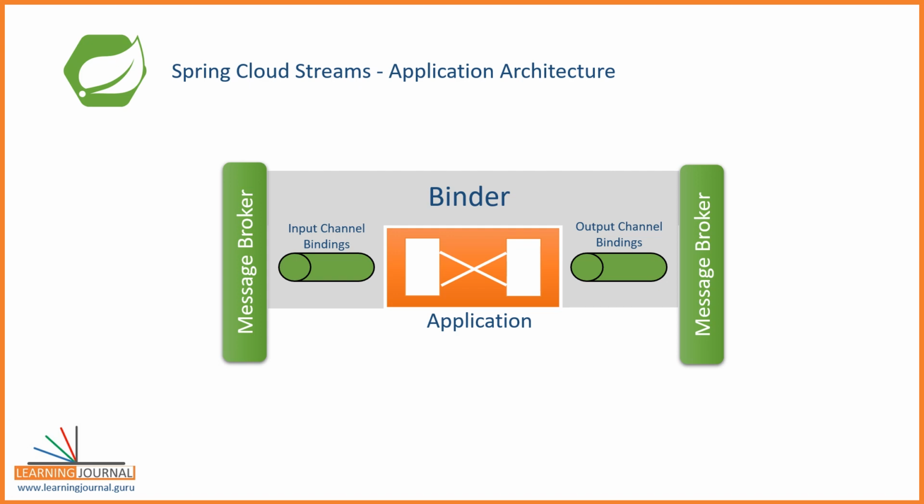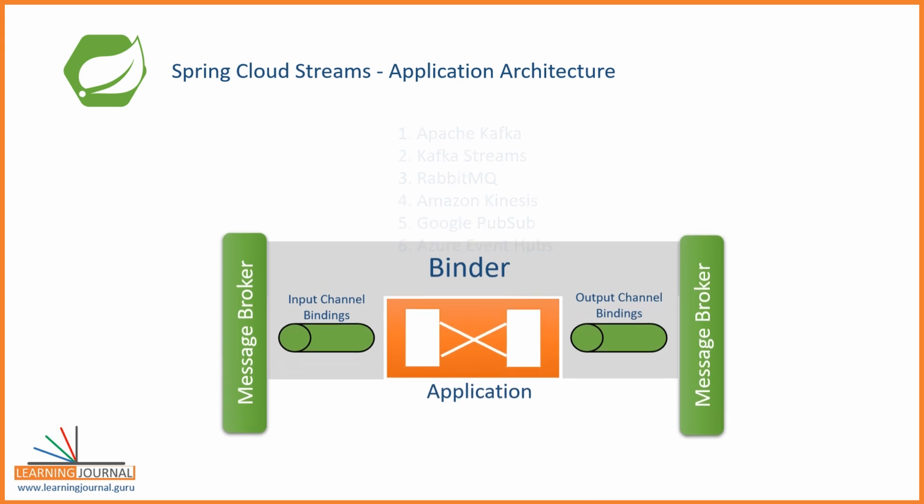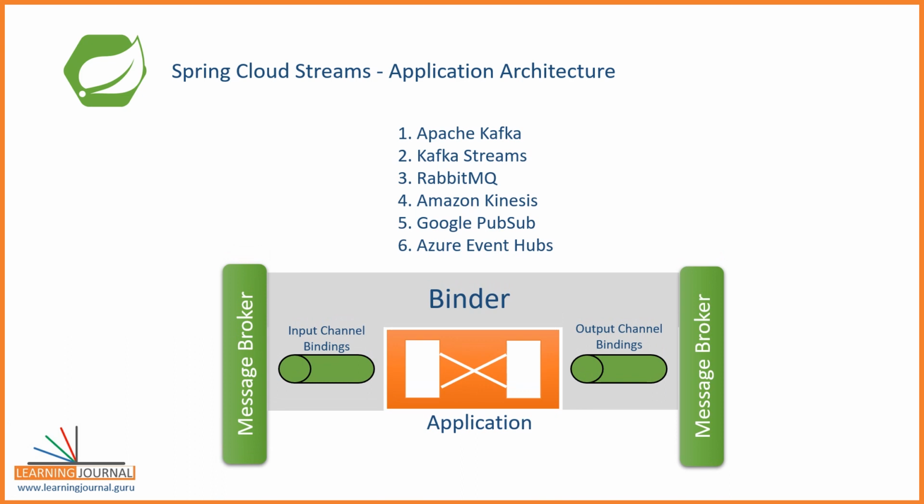Spring Cloud Stream allows you to create and configure input-output message channels using simple and straightforward configurations. These channel configurations are also known as Spring Cloud Stream bindings. And these bindings are picked up by the binder to implement the input-output channel and communicate with the external messaging system. So the binder is a third-party Spring component responsible for providing integration with the external messaging system. As of date, we have a bunch of open source and third-party binders. Here is an indicative list.